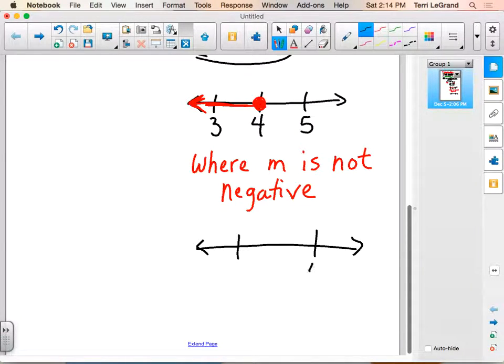like what are the actual values that would be included. She does not have to do any more milligrams of iron, so it could be 0. She can do 4, and she can do anything between 0 and 4. So we could show the graph like this instead. And then we wouldn't have to use the words along with our graph where m is not negative. So we would have to show it one way or the other. Okay? So let's go on to